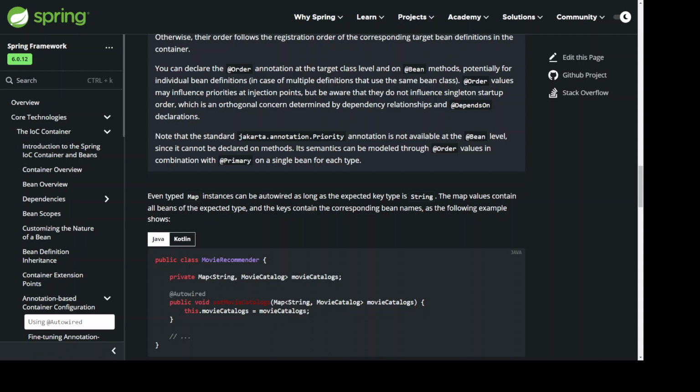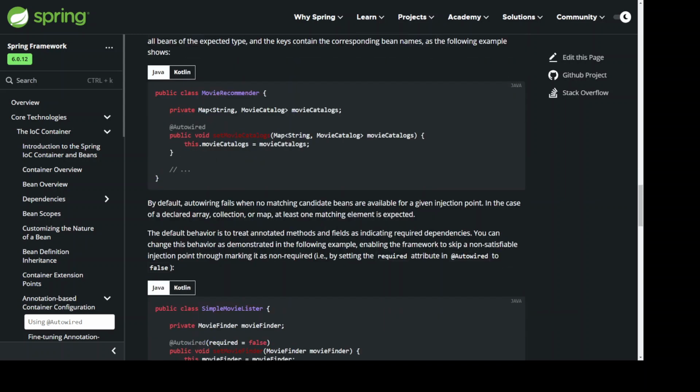The map values contain all beans of the expected type, and the keys contain the corresponding bean names, as the following example shows. public class MovieRecommender { private Map<String, MovieCatalog> movieCatalogs; @Autowired public void setMovieCatalogs(Map<String, MovieCatalog> movieCatalogs) { this.movieCatalogs = movieCatalogs; } }